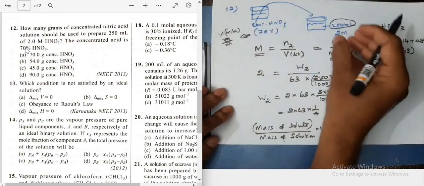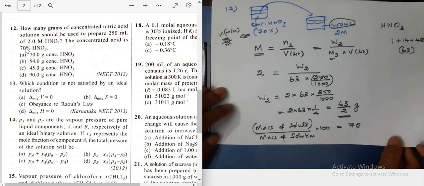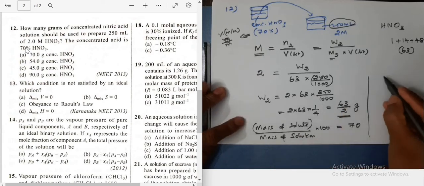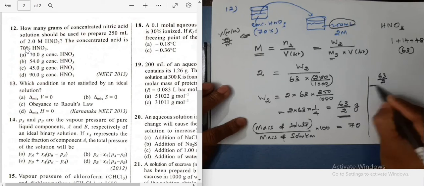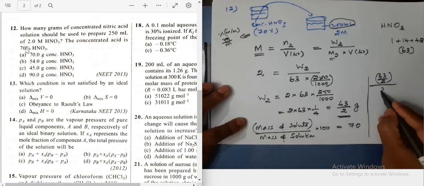What mass of solution should be taken? Let me write it here itself. So mass of solute, which is 63 by 2 gram, divided by mass of solution. This is what we need to find out. Let me take it as x,